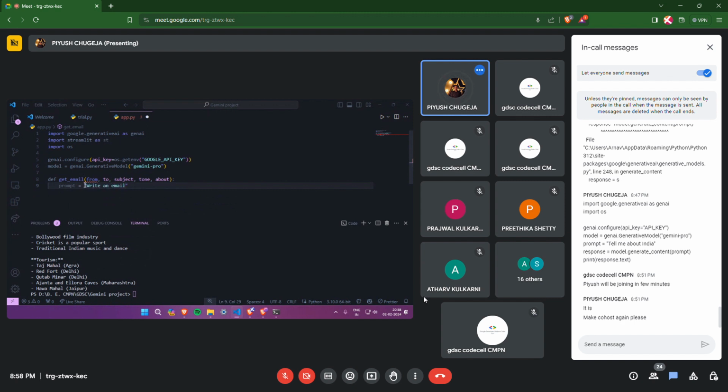write an email. I think we have an error here. Expected parameter. Okay. We can't write from, right? I forgot. I'm very sorry. From is a keyword in Python, so we cannot type up from. Instead, let's type up source or src, anything like this.